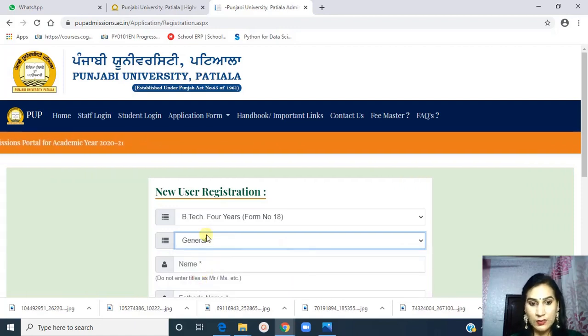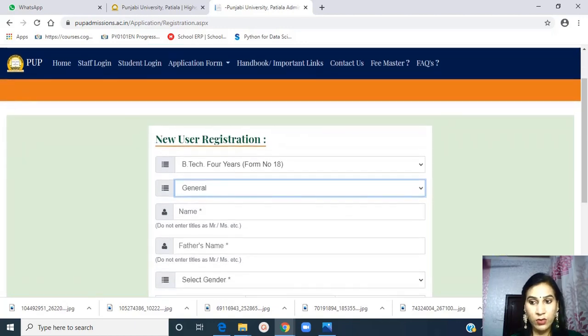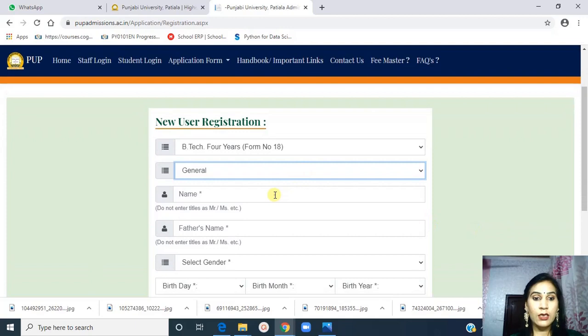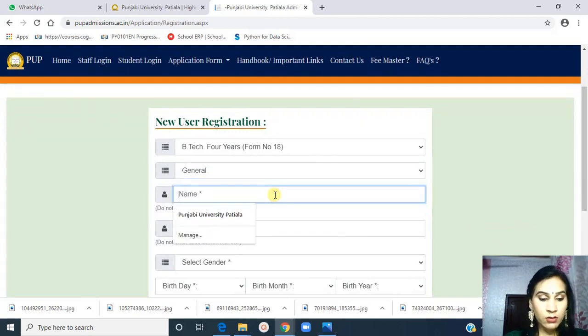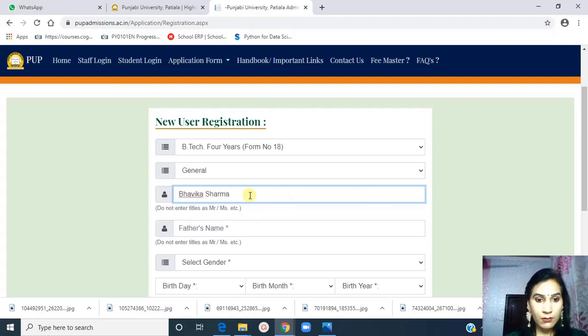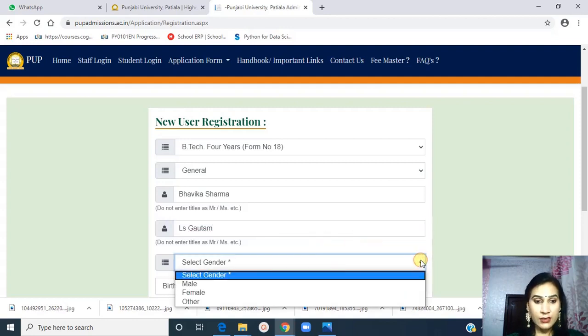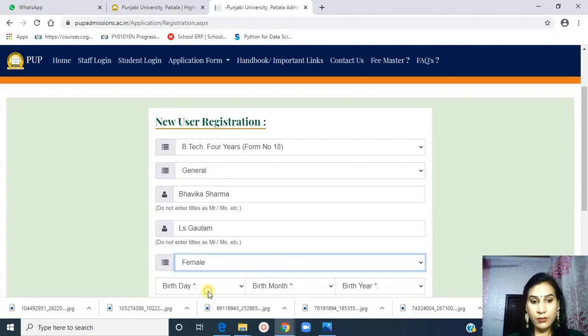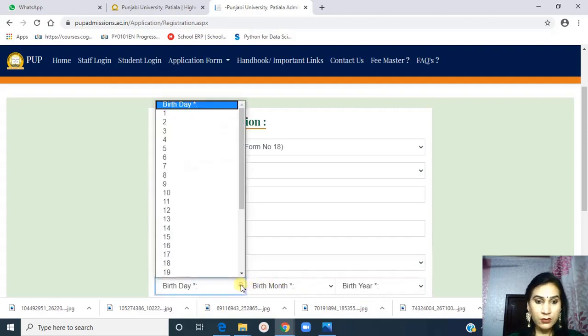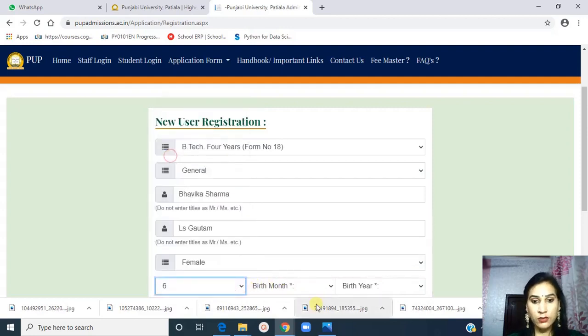Where you see the star button, these are the mandatory boxes which we have to fill. Then name of the student. For example, I am filling Bhavika Sharma, then father's name, LS Gautam, then select the category, gender female, date of birth any date of birth.